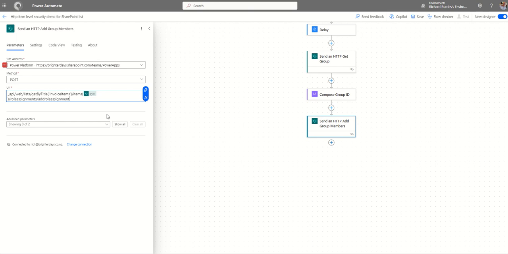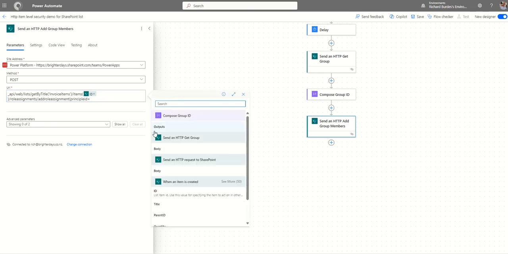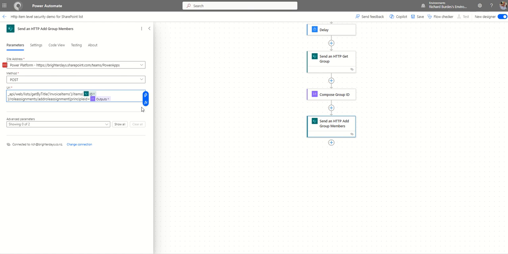Okay, and then when you're adding a role assignment, you've got to select who you're going to add the role assignment for. So this one we need to add in the principal ID, and then that equals our action from here from dynamic content. Just that. Okay, comma, and then now you say, right, I'm going to give a role assignment to that group ID, but what is the roleDefId